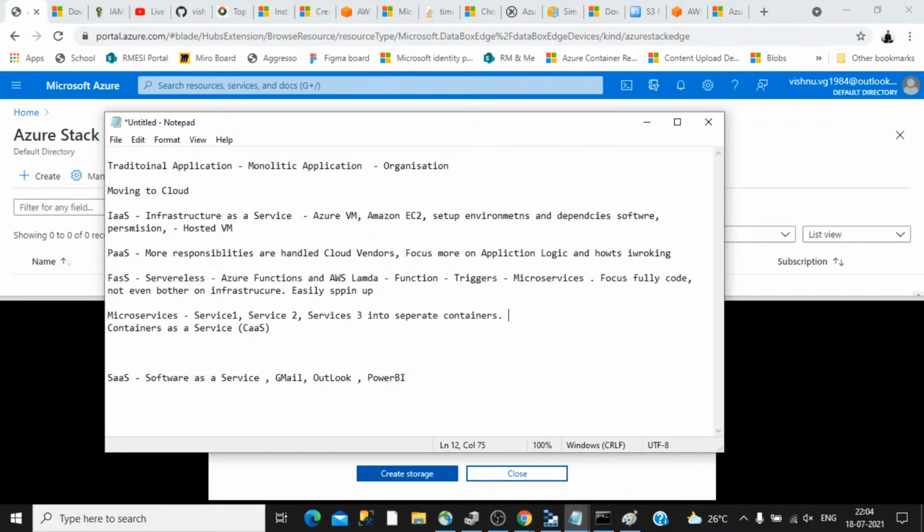For Azure there are different services for that particular purpose. I can explain that a bit, one second.